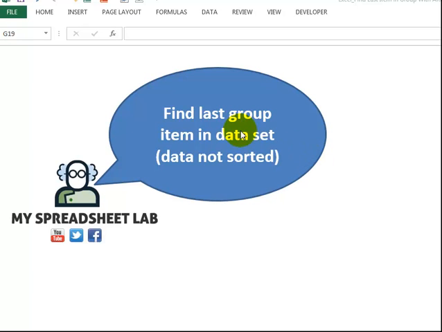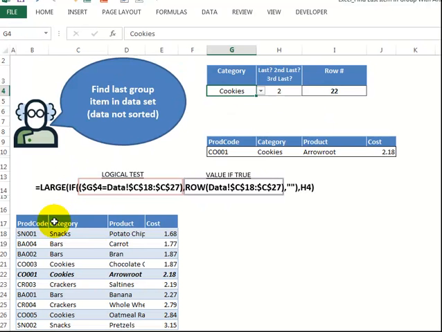So we want to find the last group item in a data set, and the data is not sorted. So we have our small data set here, and we have category, and we want to select the category from here, and then we will select whether we want the last item, the second last, or the third last. And then below here, the goal is to list out the details for that last, the second last occurrence of